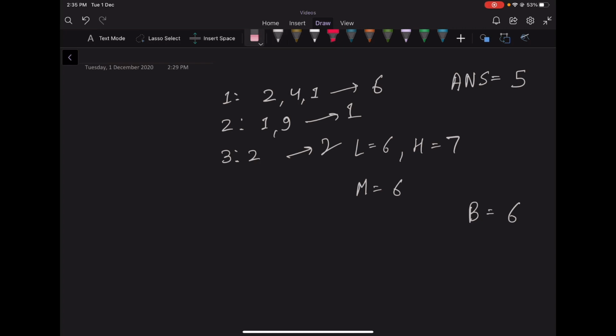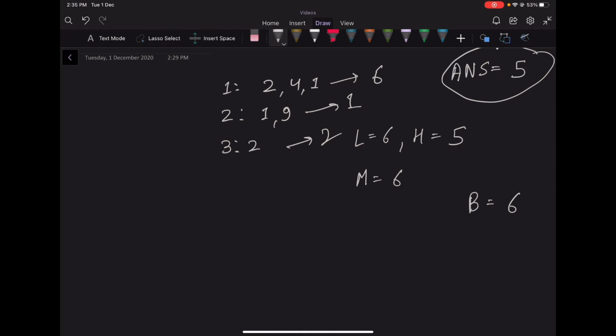So we'll set high to mid minus 1, and that brings us to 6 again. And again we'll check 6, and we know that 6 returns false. So again we'll set high to mid minus 1, that is 5, and after doing that, L will be greater than high. So we'll finally return the stored answer, which is 5. So 5 will be our answer in this case.